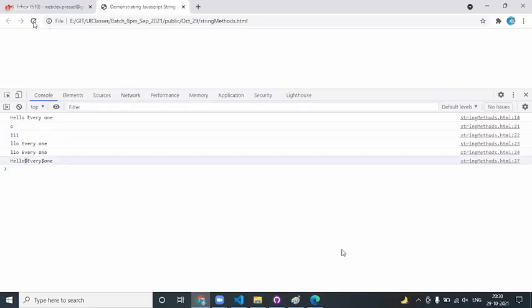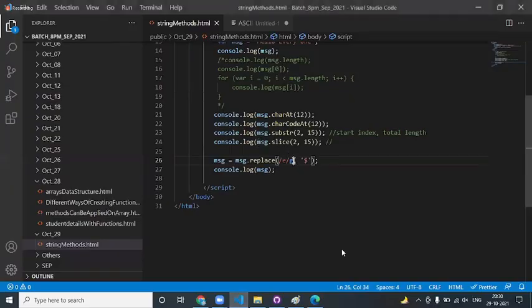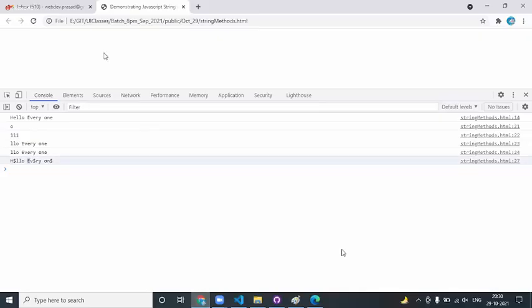Now if you see what is going to happen, there is an E here and there is an E here that got replaced. Then what about the cap C here? Cap C got missed. So this is where you put another character, I, where G indicated global replacement and I indicates ignore the case. Now if you reload the page, you see every E, including the small letter or the uppercase one, within the complete string got replaced.